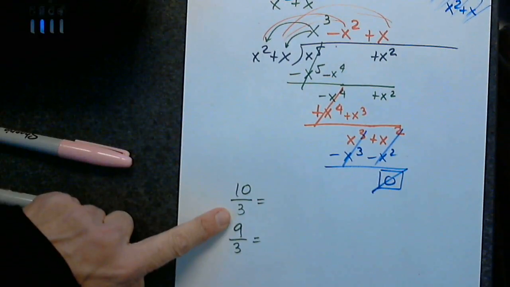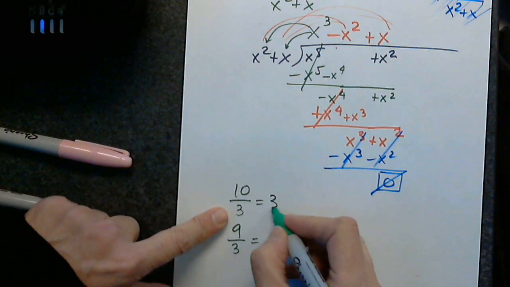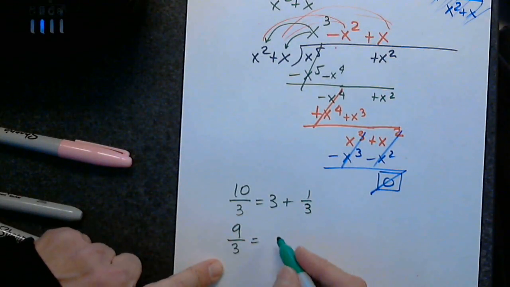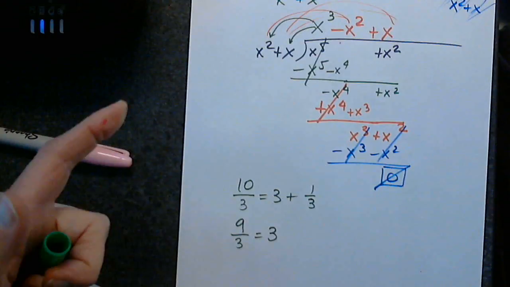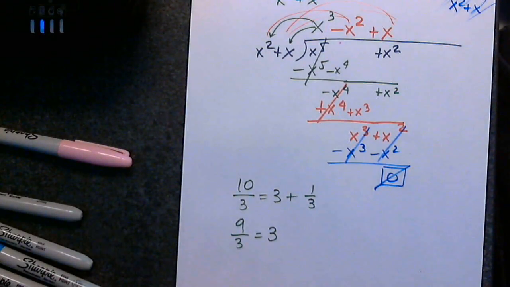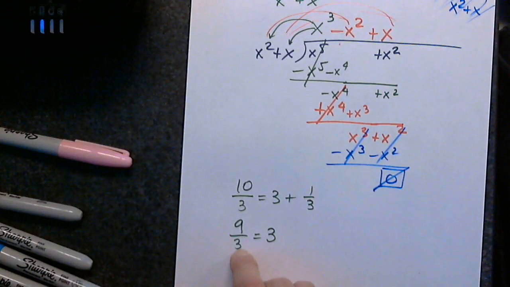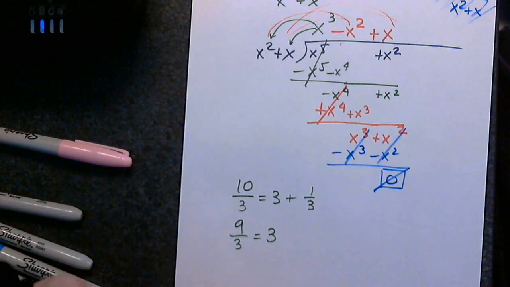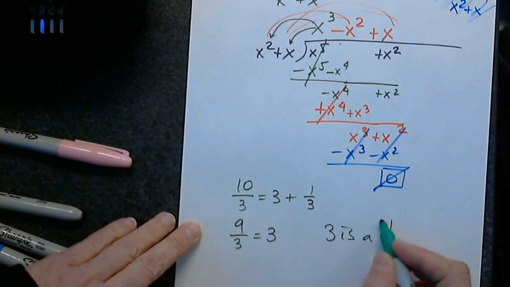Is 10 divisible by 3? No, because there is a remainder. Is 9 divisible by 3? Yes, because there is no remainder. So what word do we use to qualify 3 for 9 versus 3 for 10? We say that 3 is a factor. Thank you. 3 is a factor